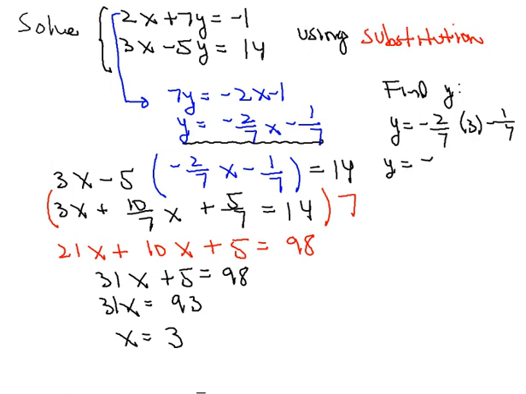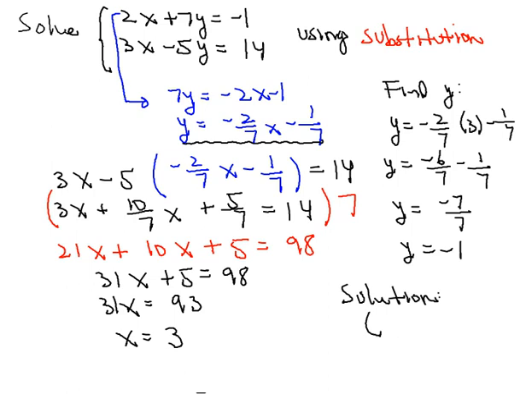So y is equal to negative 6/7 minus 1/7, which would be negative 7/7 then, or y would be equal to negative 1. So again, the solution we can see is the ordered pair (3,